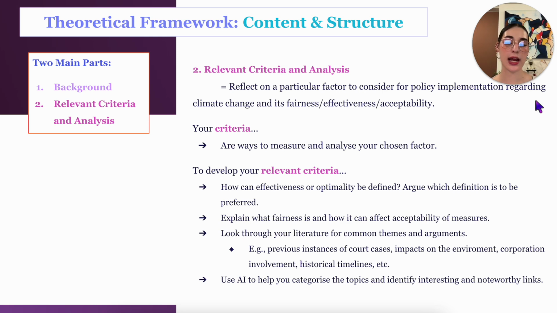And some key things that I would recommend to develop your relevant criteria would be definitions of how effectiveness versus optimality can be defined, look at what fairness is and how it can affect acceptability of measures, and look, of course, through the academic literature for common themes and arguments, such as court cases, environmental impacts, involvement of corporations, timelines, etc. And of course, you can use your AI to help you identify and categorize these topics and find noteworthy